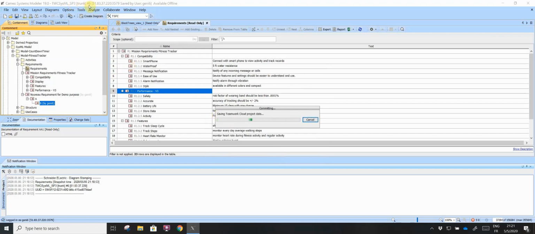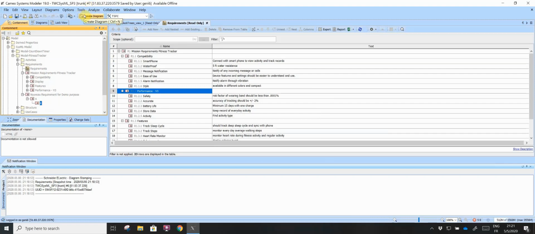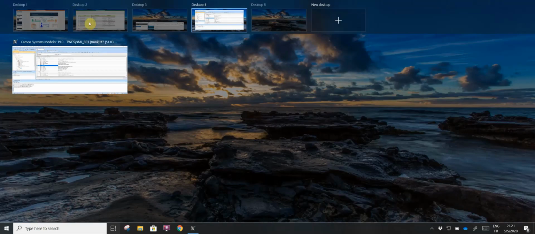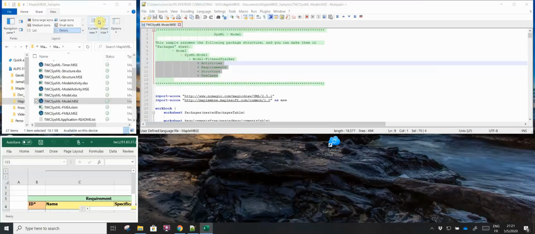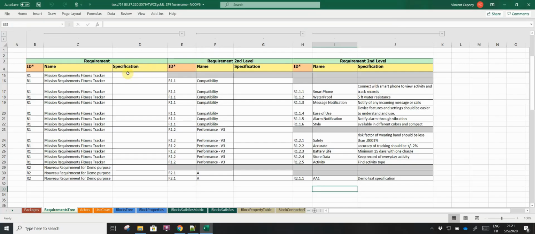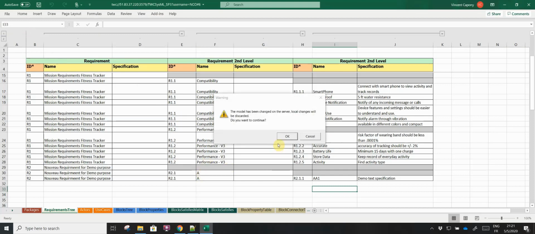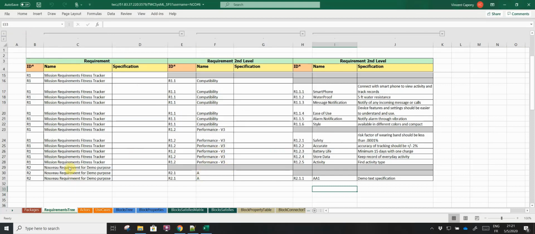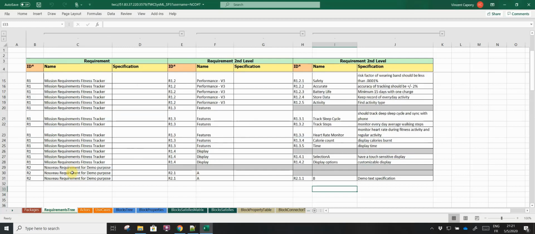That's okay. Now I switch back to my NCO window and I will observe the modification on the corresponding spreadsheet. So here I'm in version 6. I reload the model for being on version 7. And I will see that that typo will be modified, and the latest requirement has its name changed. So I have closed